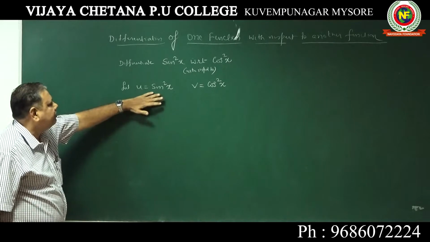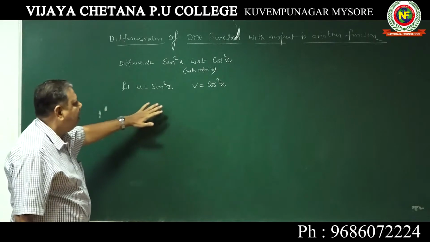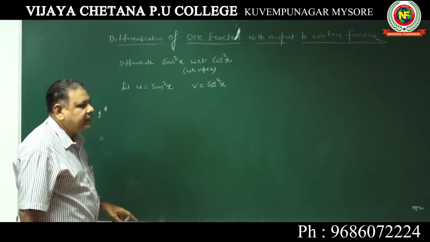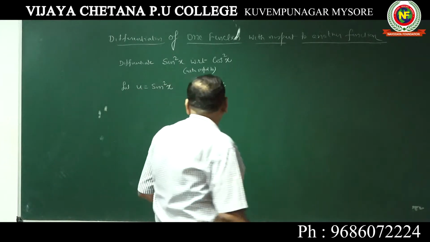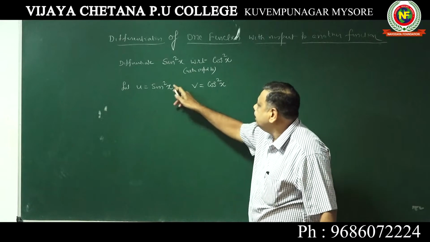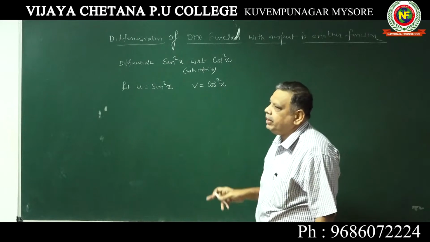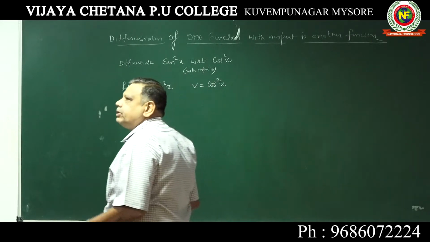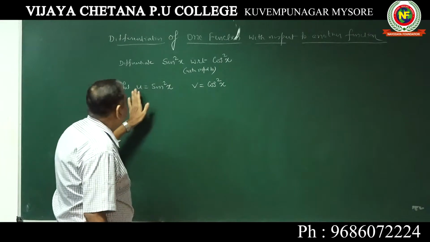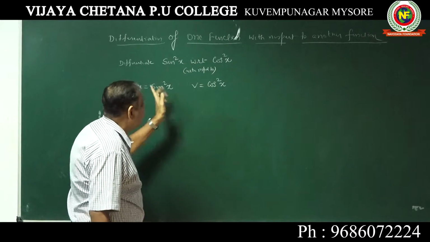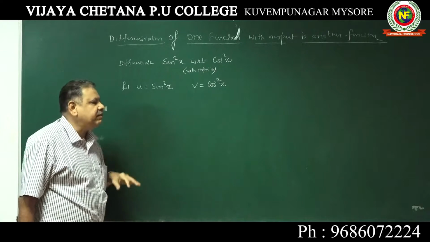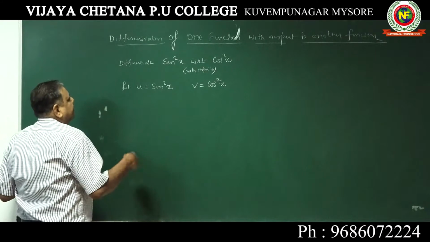Differentiate this one with respect to x, du by dx. This also you differentiate with respect to x, dv by dx. Then du by dv, you have to find out this with respect to this. du by dv is equal to du by dx divided by dv by dx, something like that, which we did in parametric function. Here also both u and v are expressed in a third parameter x. But we don't call it a parametric function because this is a function with respect to another function.